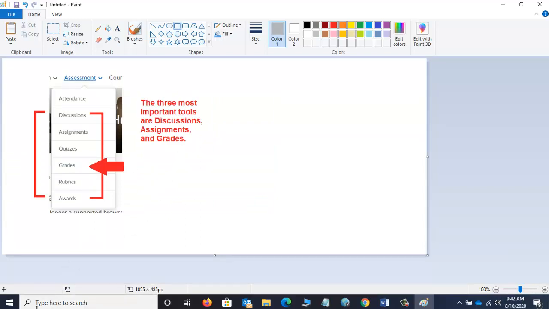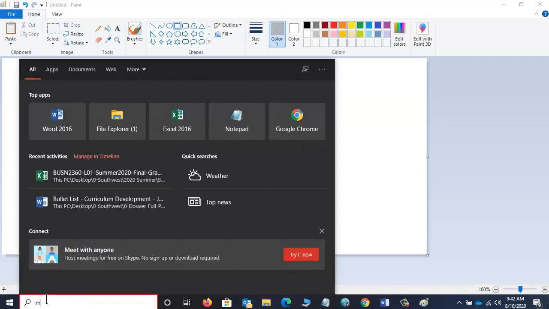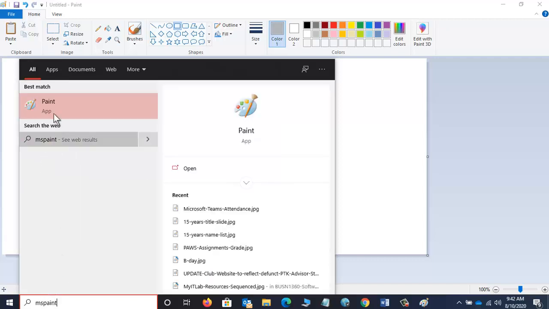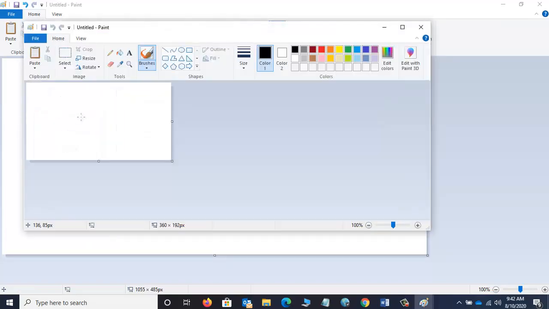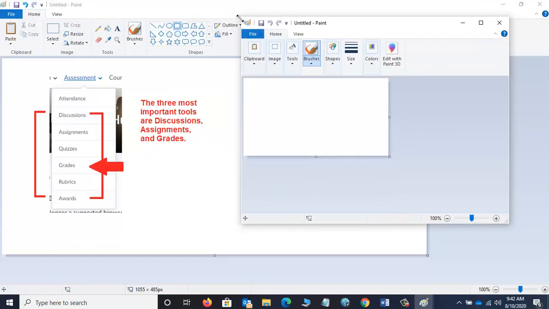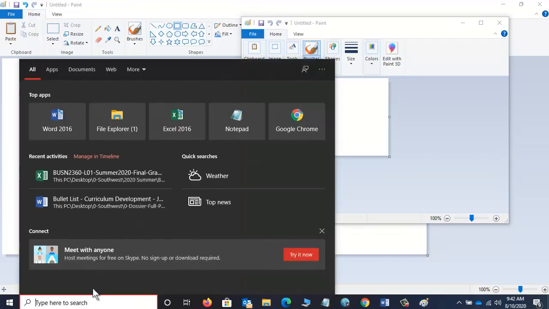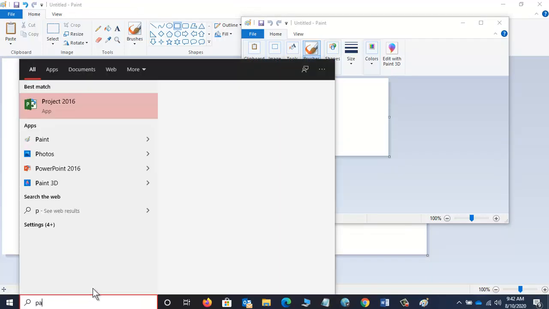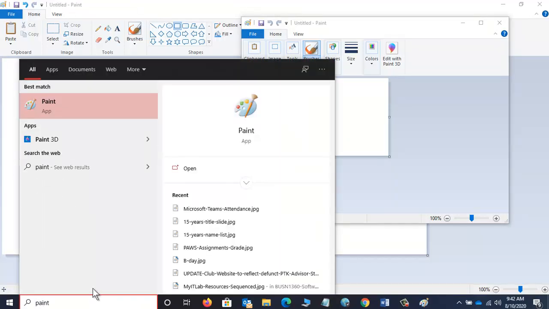And again, how did I get this? Sometimes you need to paste and manipulate something and paste again. So you can open multiple copies of MS Paint, and that's just Paint. It's included free. You don't have to ask for it or have it installed or anything like that. It's already on your Windows computer. So MS Paint. I guess if you did have trouble finding MS Paint, which is the most simple version,